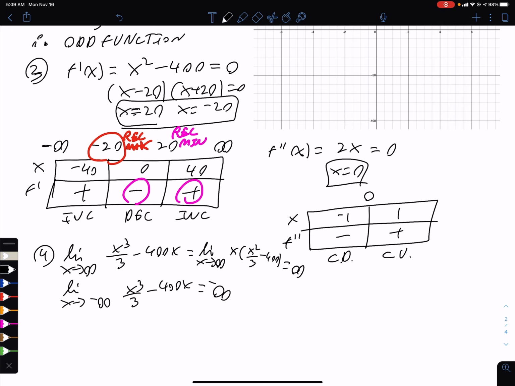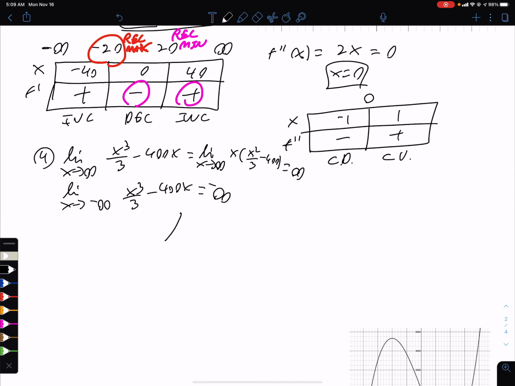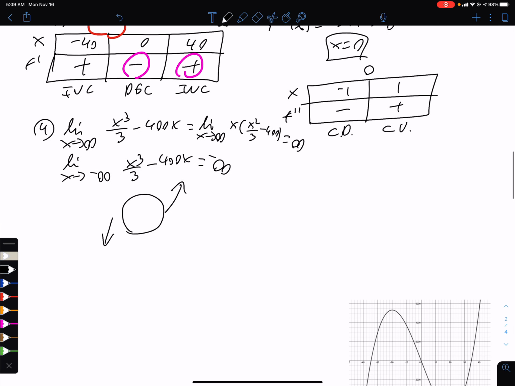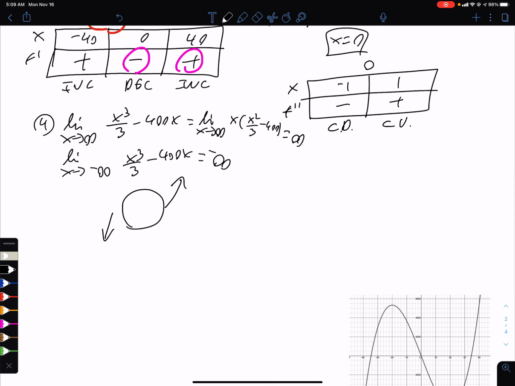And that tells you end behavior. As I move to the right, it's going to go up. As I move to the left, it's going to go down. I don't know what's happening in the middle, but that's what those tell me. I'm not going to get any vertical asymptotes because we don't have a denominator that will be 0 here. So we're kind of done with 4. And step 5,